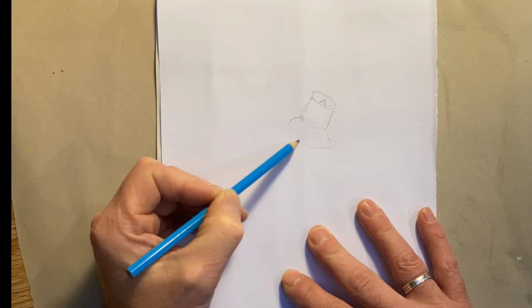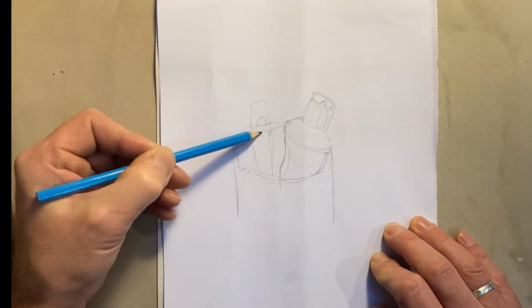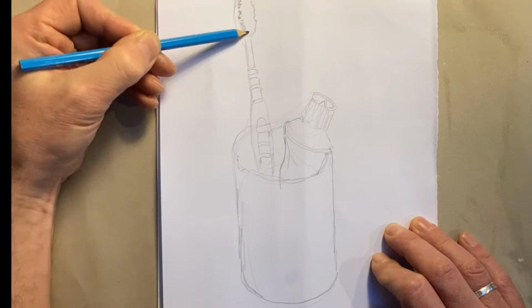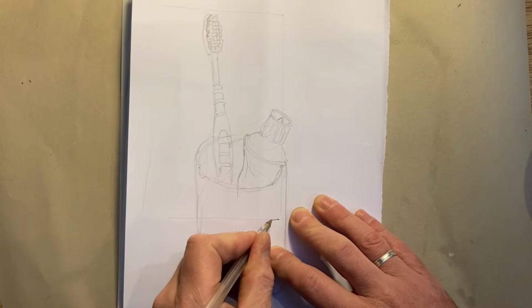So, I definitely had a few hiccups with this one, so I think it's important to put footage like this in to help you avoid some of the mistakes I made. I'm going to start with a sketch of just some toothpaste and toothbrush sat in a cup that I've just grabbed from the sink. So simple everyday objects. I've gone for this